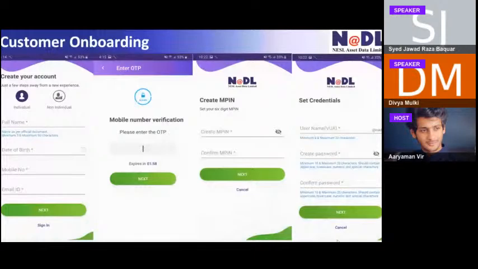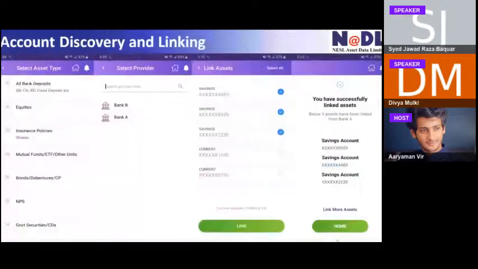So these are some of the screens which I was just talking about on the customer onboarding. And what I want to discuss is the account discovery and linking flow. So we have some asset types. There is a huge list of asset types which Rebit has sponsored, around 18 of them, but in our platform we have clubbed some of them and given 8